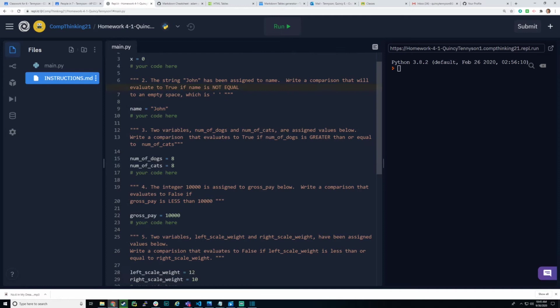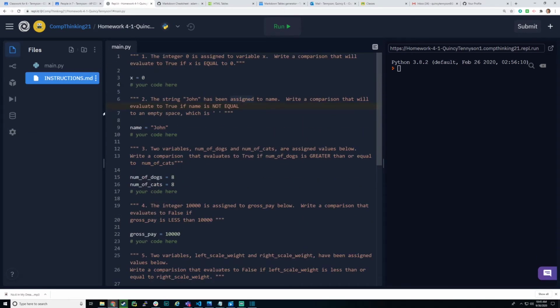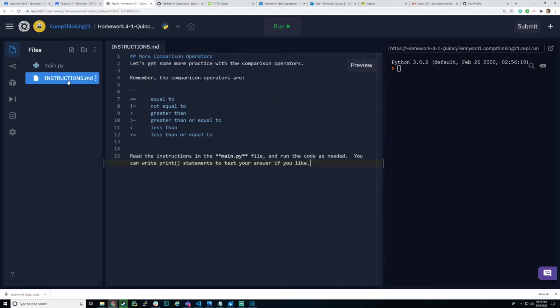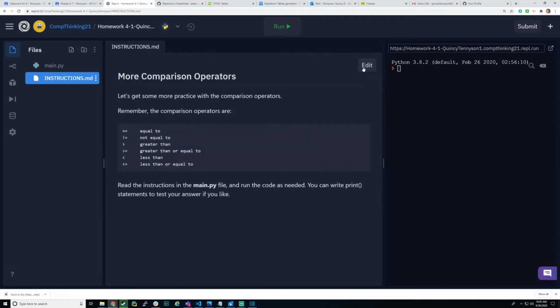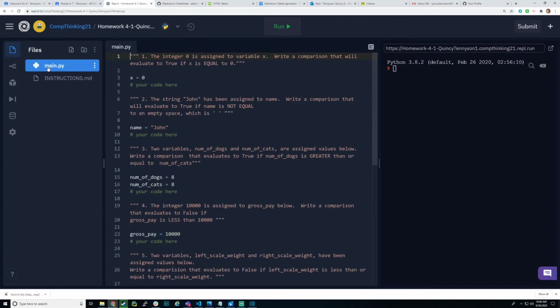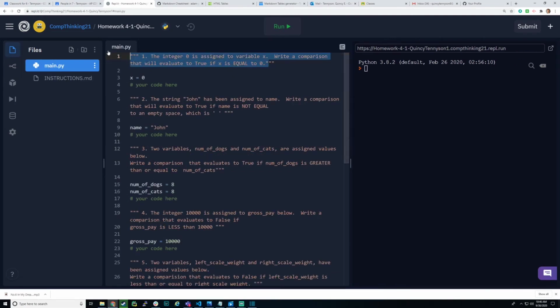Here's all the code that's included with the assignment. And the one thing I want you guys to see is that the instructions for the assignment is actually under this file. And rather than reading it like this, where it's this sort of editable version, I would encourage you to just click Preview. When you click Preview, you see the version that I want you to see. Once you've looked at the instructions, go back to main.py and begin to do your work based on the problems